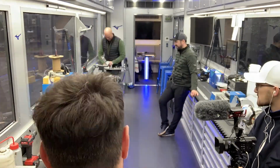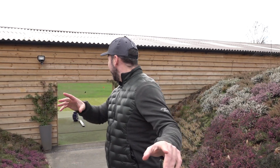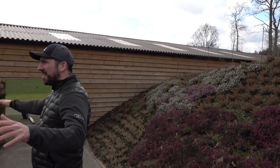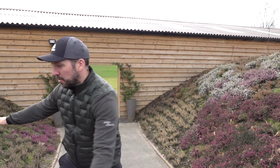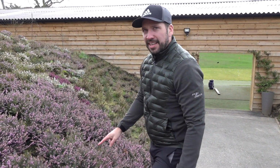So in this time period, this is why they're doing all the club builds here. But just look at this amazing entrance to this range, by the way. Kind of built into the earth, or the earth's built up into the range. Just looks really cool. And look, heather, lavender,